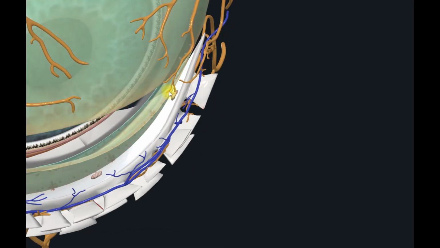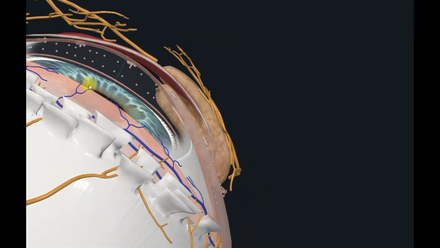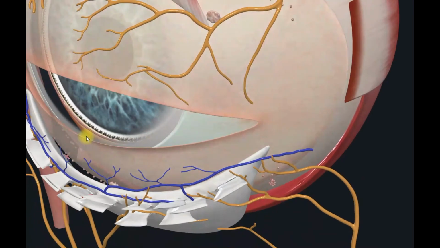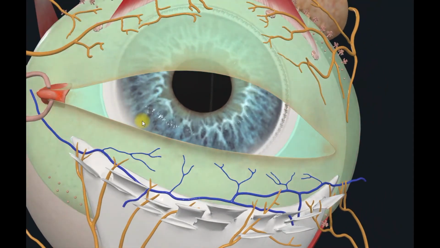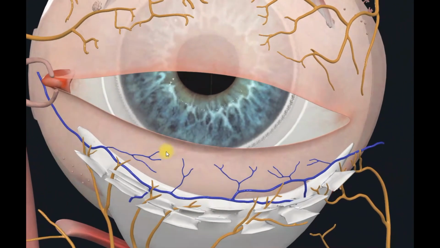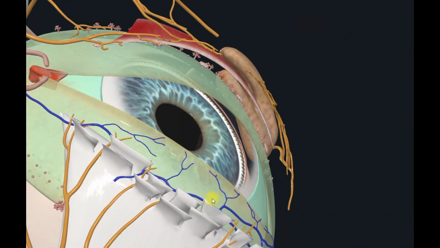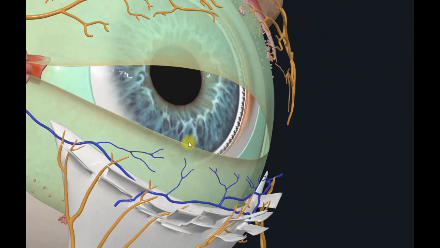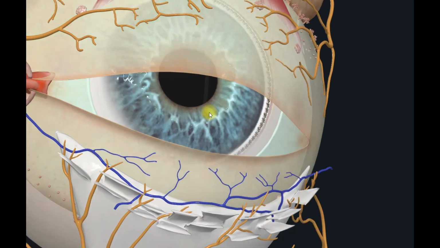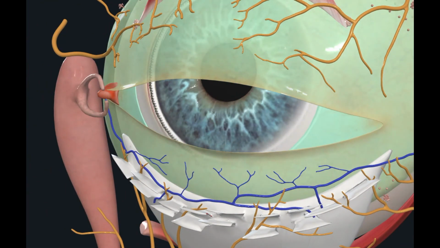And between them it forms the fornices, superior fornix and inferior fornix. So it doesn't cover the cornea, it covers only the sclera. It is continuous with the skin of the eyelids and with the lacrimal canaliculus and the lacrimal sac. And when closed, it forms the conjunctival sac, which provides circulation of the tears on the eye. It also has goblet cells which produce mucin that plays a defensive role in protecting the surface of the eyeball from infection.